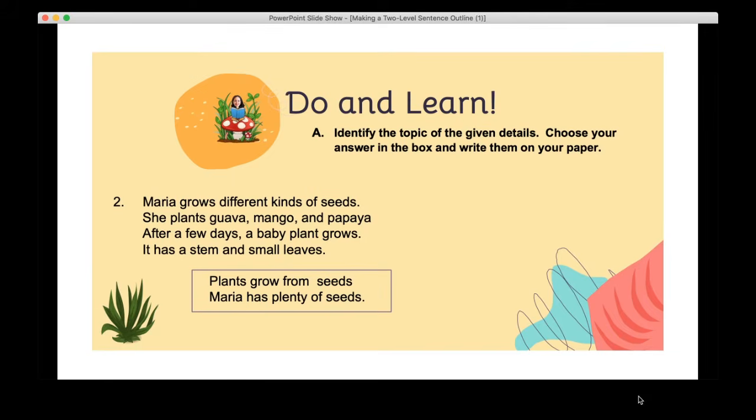After a few days, a baby plant grows. It has a stem and small leaves. What is the topic of the given details? Plants grow from seeds. Maria has plenty of seeds. The correct answer is plants grow from seeds.